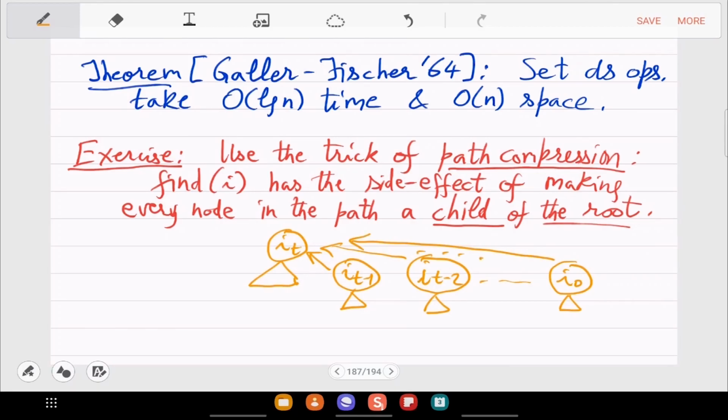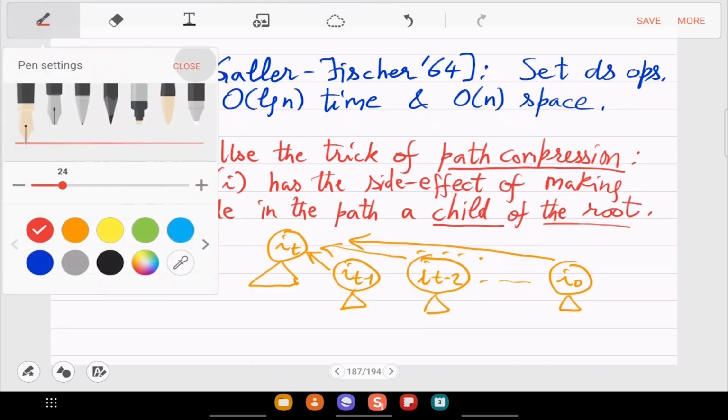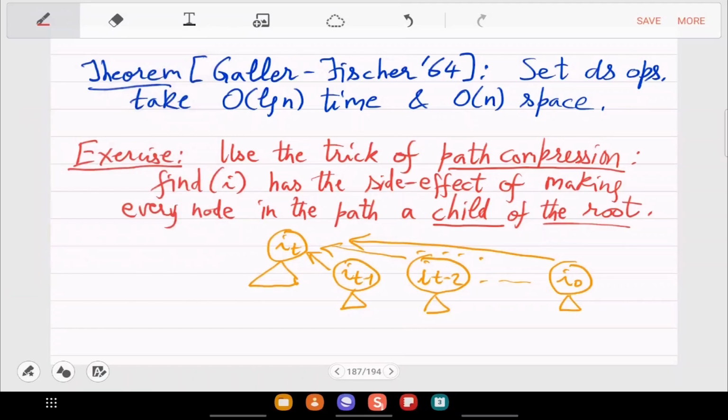Okay, so all the nodes which were there in the path traveled from I0 to IT by find. So let us say this is find I0.